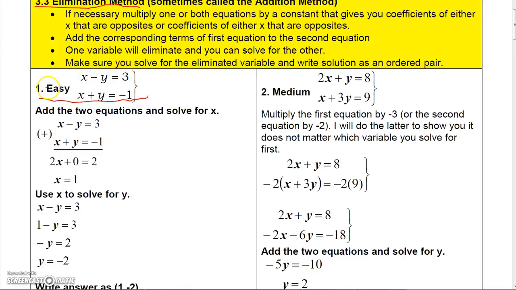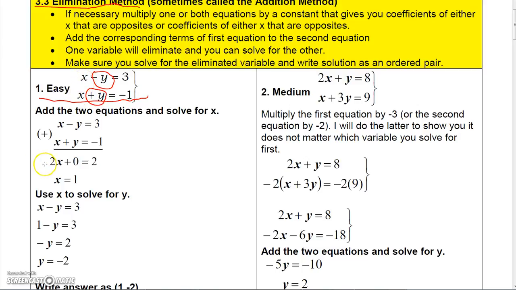But basically what you're going to try to do is add equations together so that one of the variables will eliminate. This is an easy example because I don't have to do anything to force a variable to eliminate. If you'll notice here, I have a minus y here and a plus y here. So if I add these equations together,